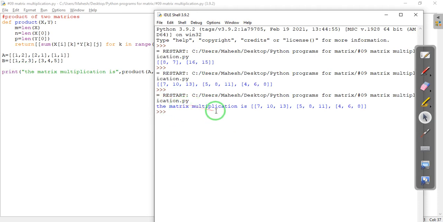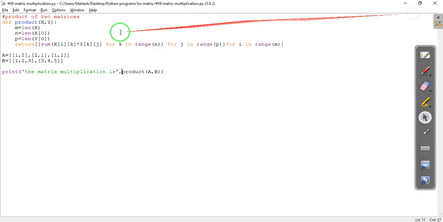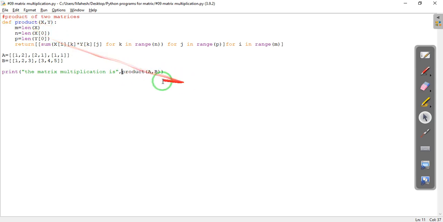Here we go. The matrix multiplication is, and this is the matrix. If you want to give a comment, under the print command you take these 2 quotes, write your comment in between, and if you want to use the result from the previous steps, you write a comma here and then whatever product or function we have defined.